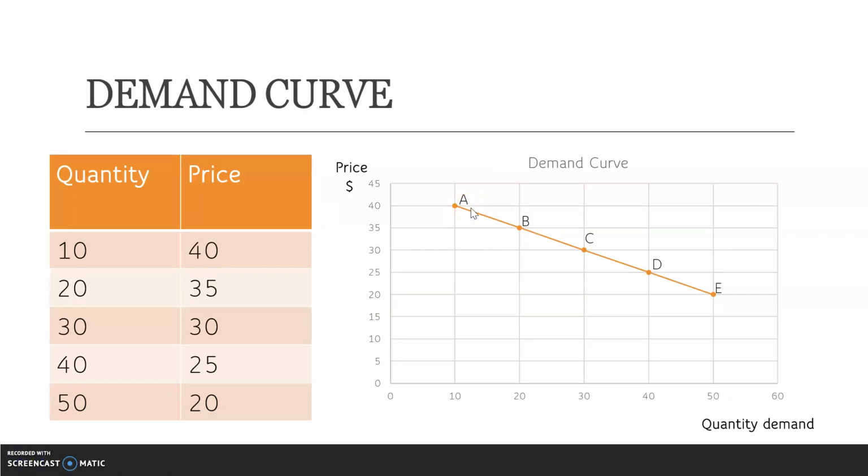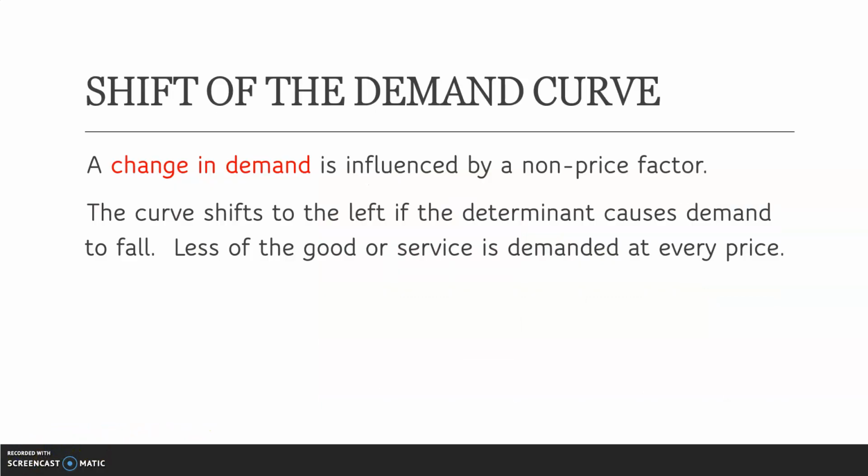What you should also keep in mind is that when price changes, it causes a movement along the demand curve. So demand moves from point A to point B, to C, to D, and then finally to E, as price continues to change. So price causes a movement along the demand curve,